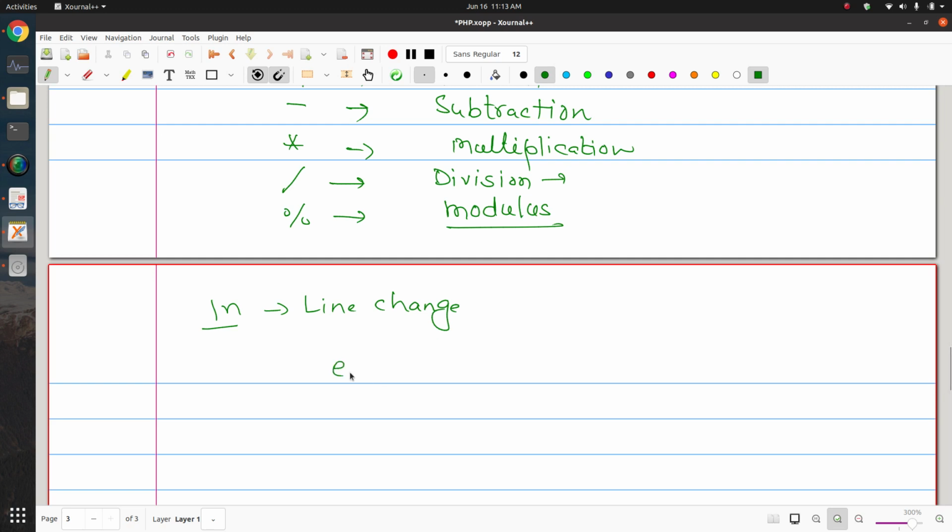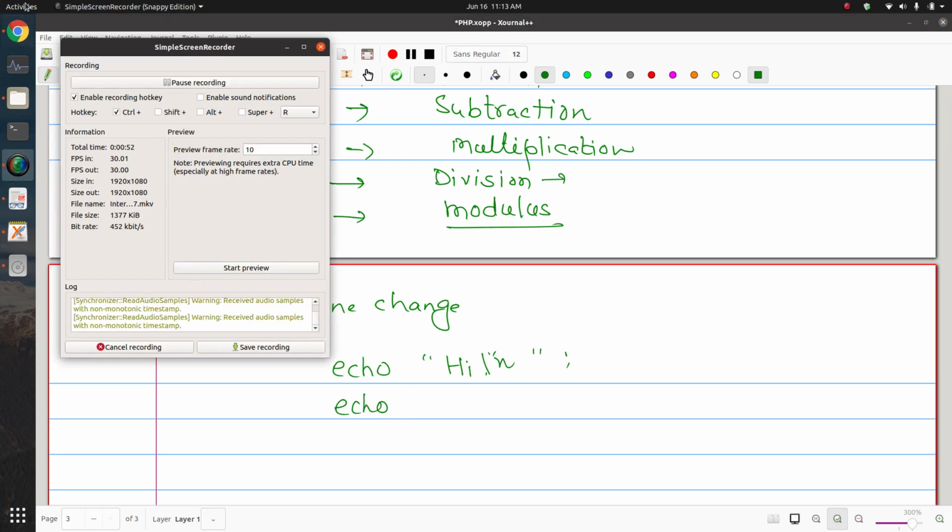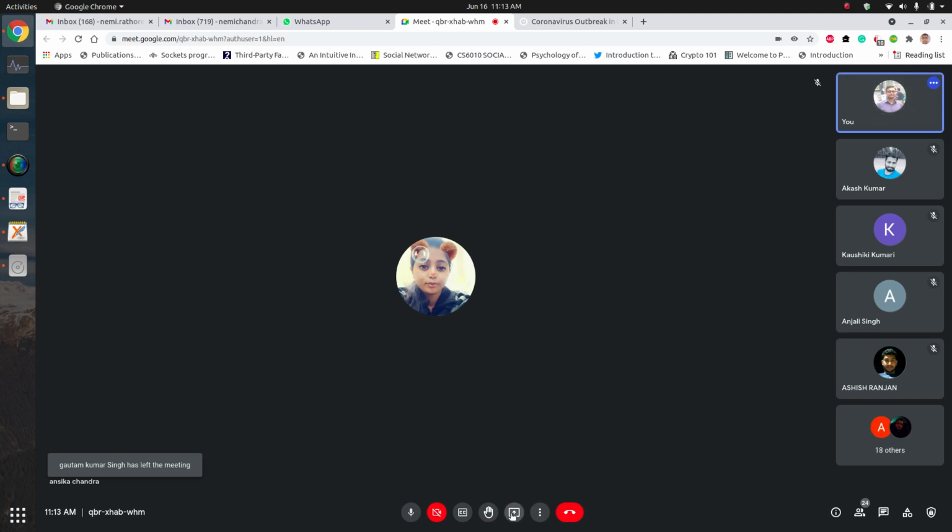For example, suppose you want to display a message like echo, some message, maybe hi. You may write slash n and then double quote.